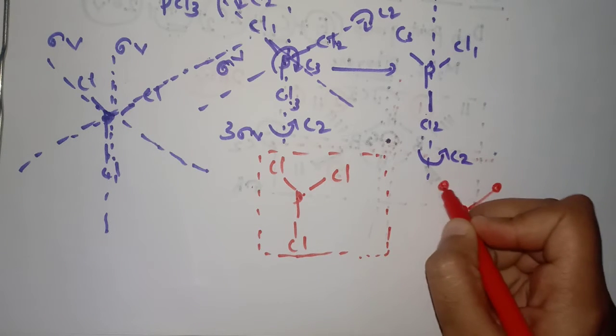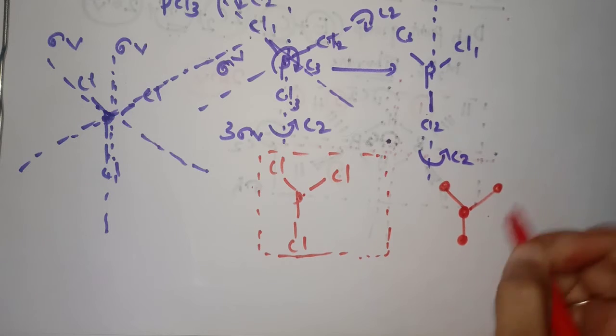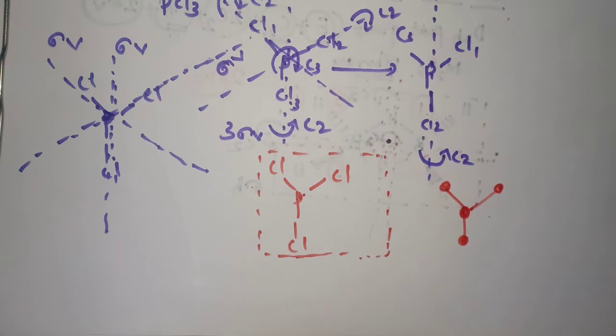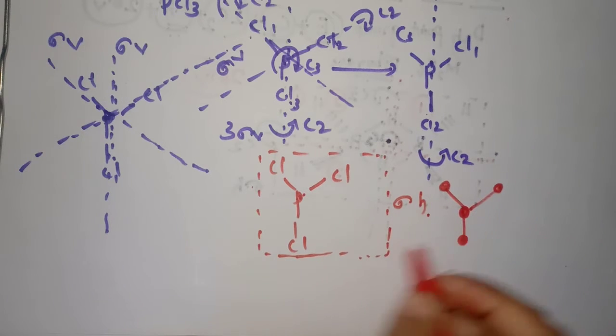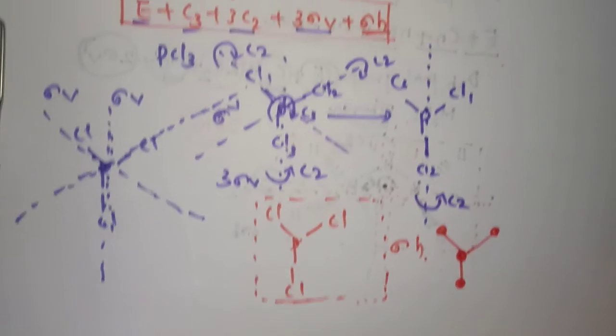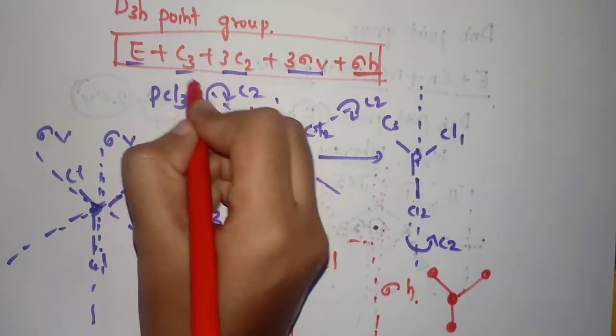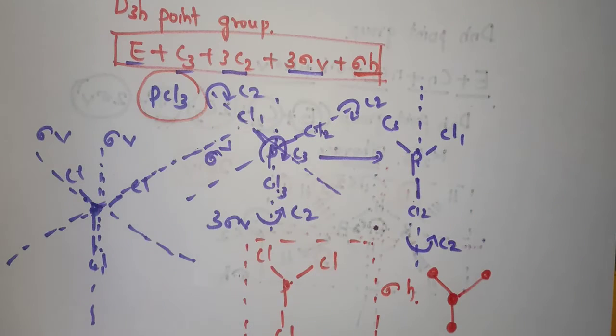If it is present like this, with this as the principal axis, and if you bisect it, the ball is cut exactly into two equal balls, that is the back part of the ball and the second, front part of the ball, like this. Yes, a sigma H is present in this. So the D3h point group example is PCl3. Now coming to the D4h point groups.